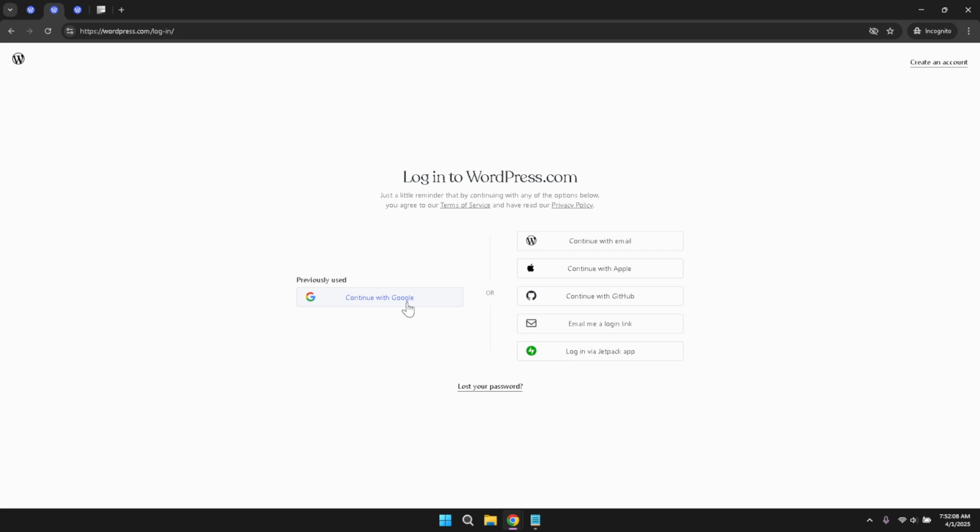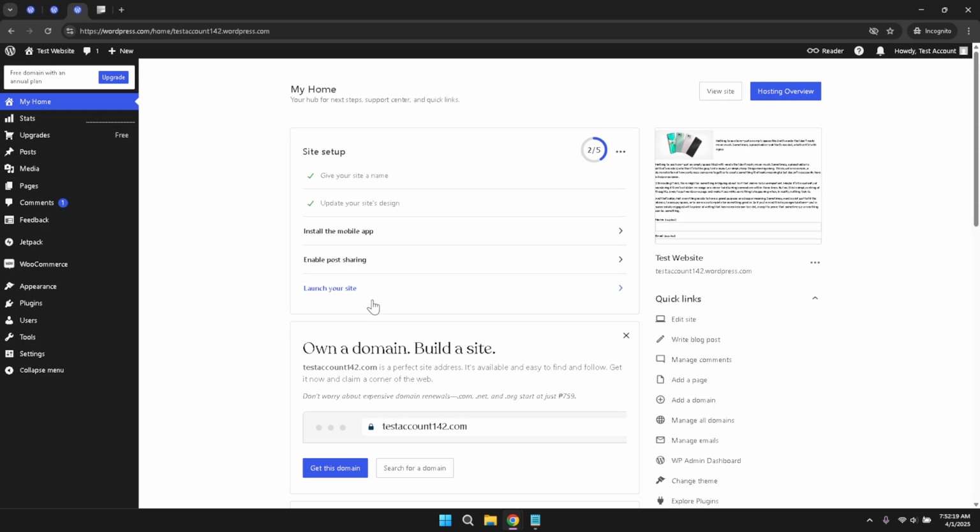In this tutorial, you should select the option that allows you to continue with a Google account. Choosing Google as your login method simplifies the authentication process because it leverages Google's secure login system. Once you click on the option to continue with Google, you will be prompted to select the Google account that is associated with your WordPress site. This selection is a crucial step as it ensures that you are accessing the correct administrative environment tied to your